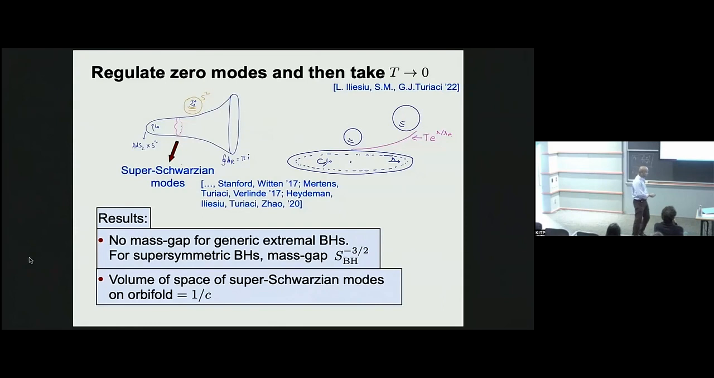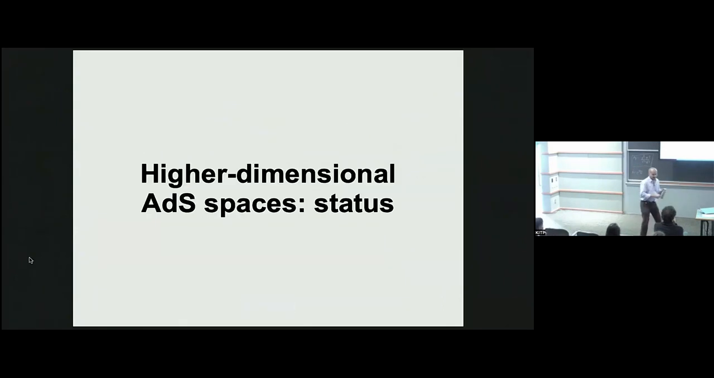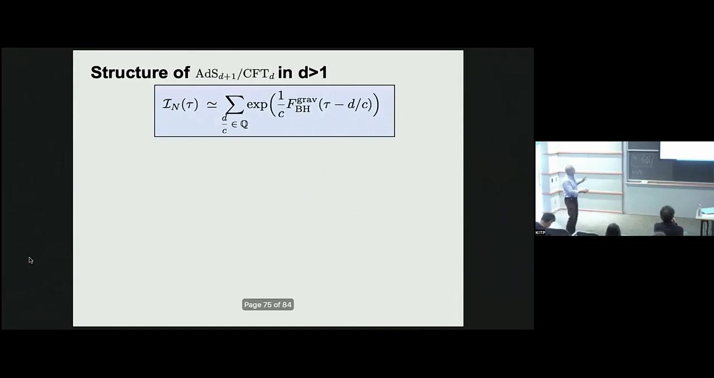I'm almost out of time. I want to show you in one slide the status in higher dimensional AdS spaces. Okay, so the structure is very similar. There's been a lot of progress on this in the last few years. You calculate some superconformal index, and you can write it, we're not yet there, but there's a formula of the following sort. It's a sum over saddles of some effective gravitational action at each saddle. Okay,